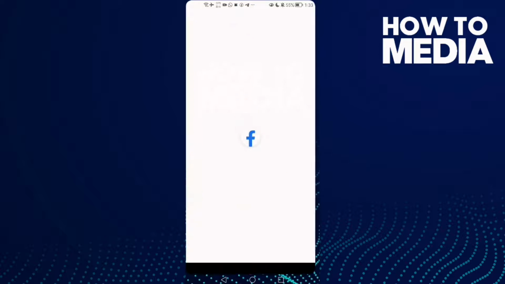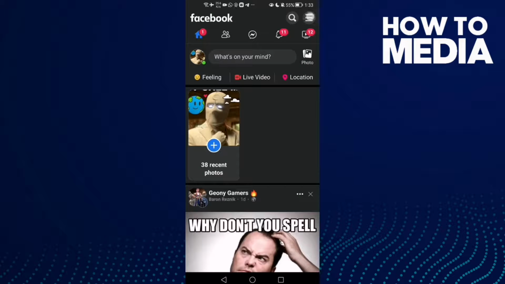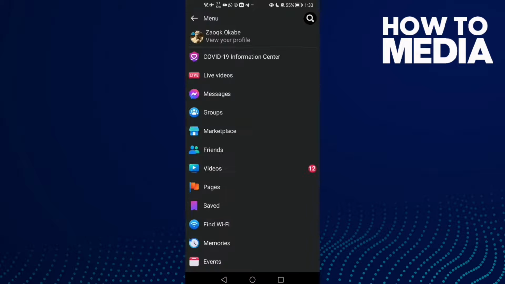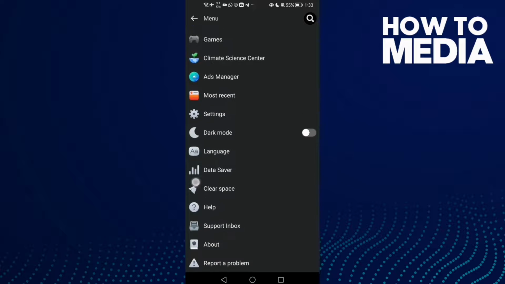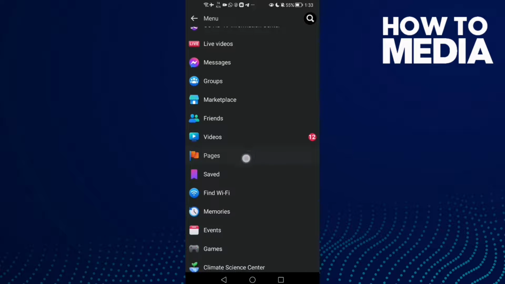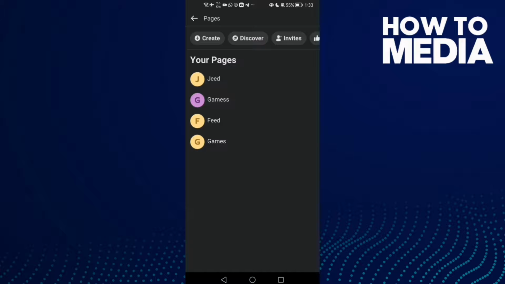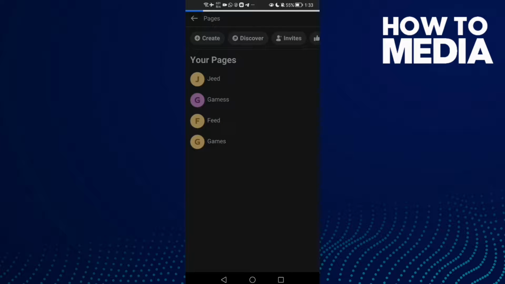First thing, go to Facebook Lite. Here you will find these three lines in the top corner. Click on it and then just scroll down and click pages and then select your page,